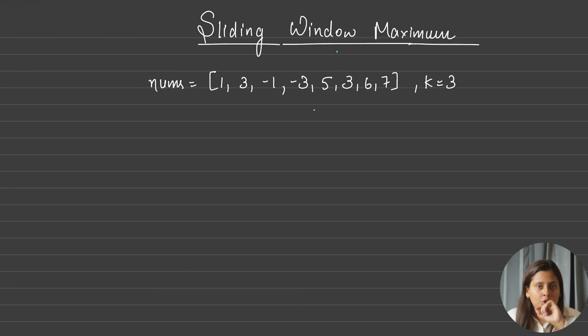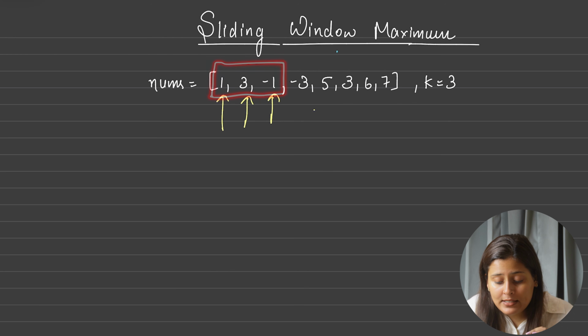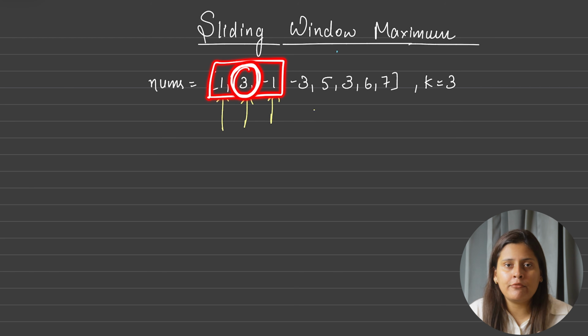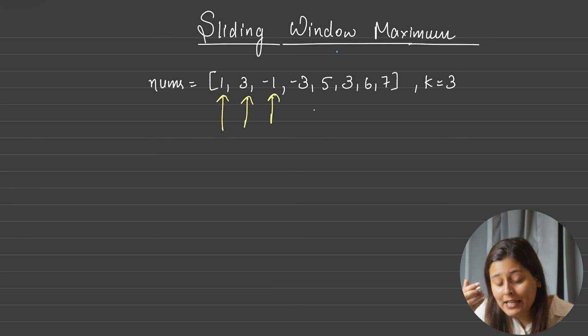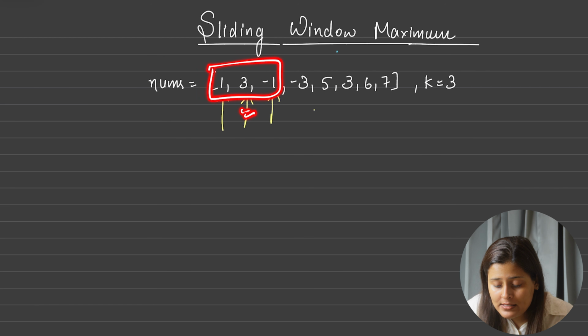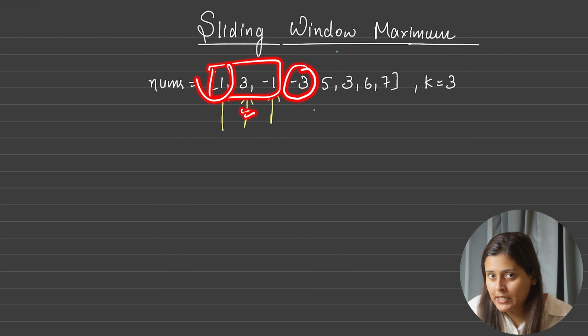But do you think normal sliding window will help us? Let's see. So what is the sliding window concept? Start from this index and run for k size, correct? And in this way we have got our first sliding window. And from here we will calculate the maximum value, correct? Now sliding window says that when we are moving to the next window, add this and remove this one, correct?